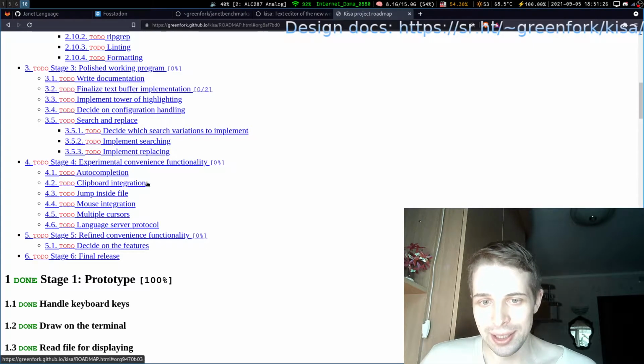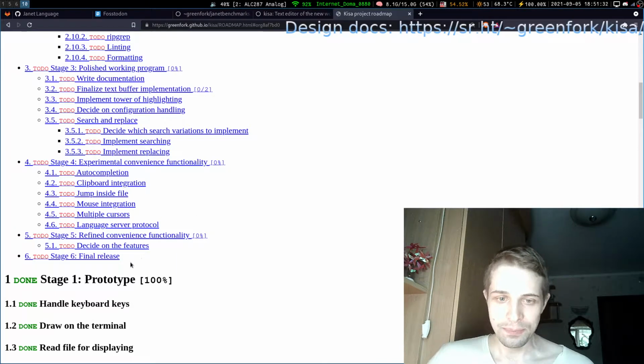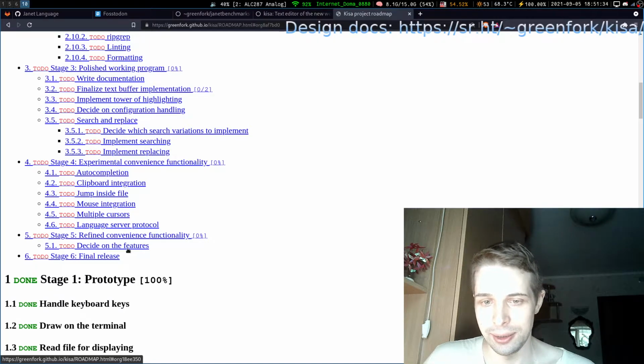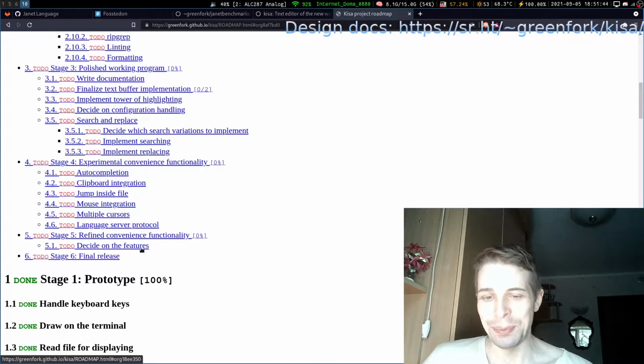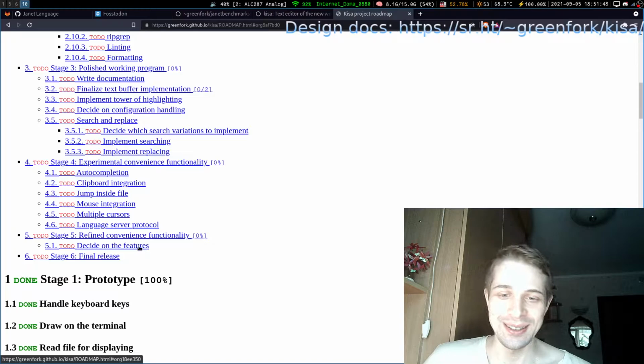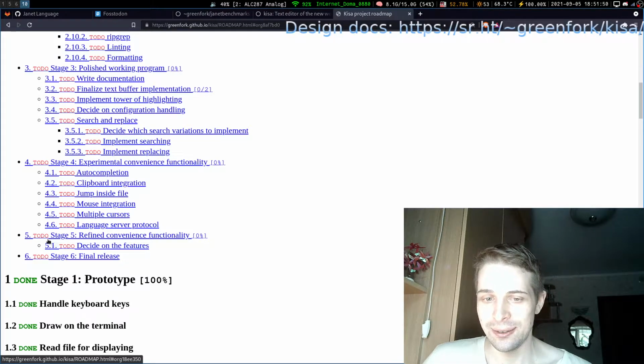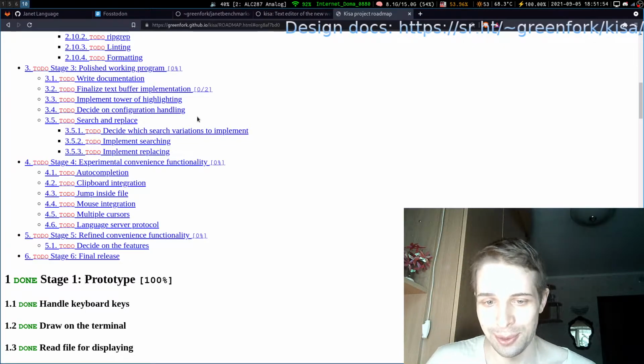And after that, we will have a better idea of what we really need and what we don't need. In stage 5, we'll try to decide which features should be here. Maybe we should remove something from the core, which is unlikely because we don't try to be minimal. But still, I don't think this stage should forbid doing anything to the core of the program.